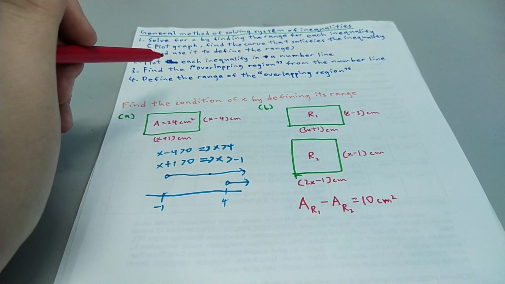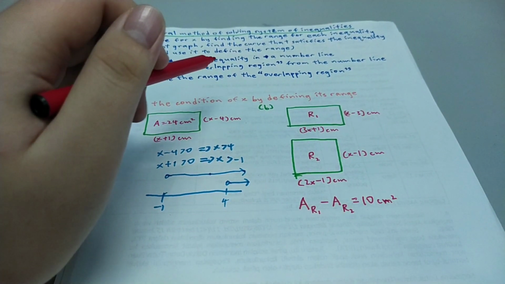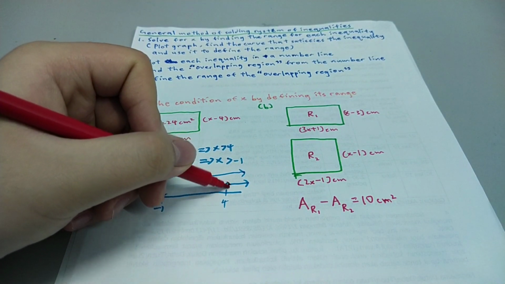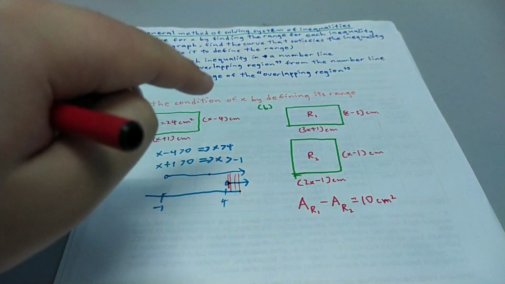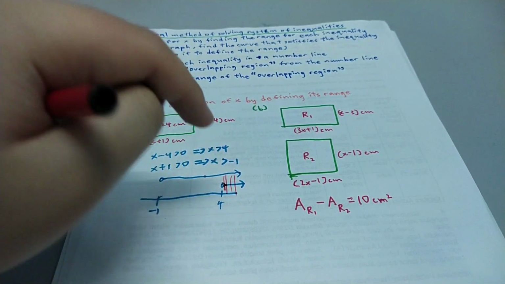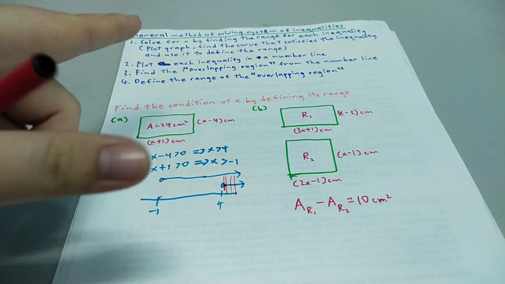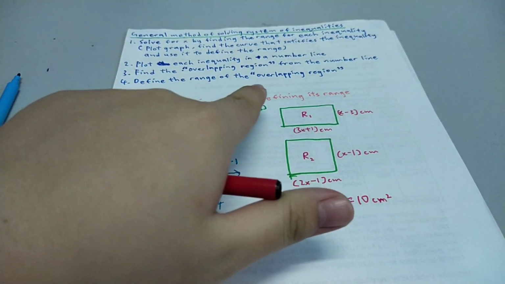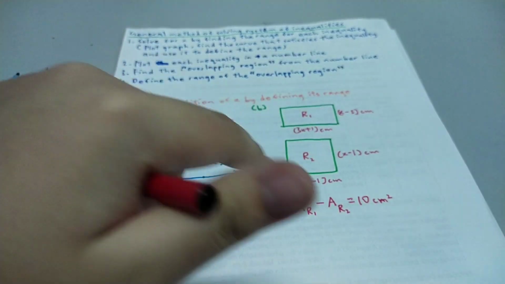And the third step is to find the overlapping region from the number line. So where is the overlapping region? Here, right? This region. This region represents the overlapping region because the overlapping region satisfies both inequalities at the same time. So I need to define the range of the